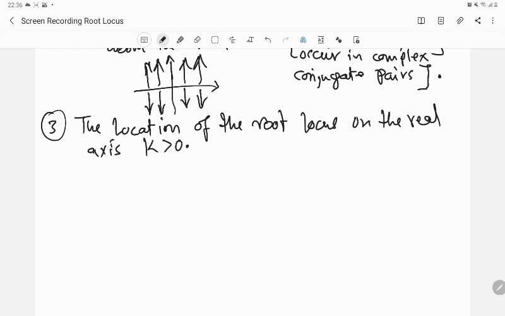So for k greater than 0, where would the root locus be located? Here we say that for k greater than 0, the root locus